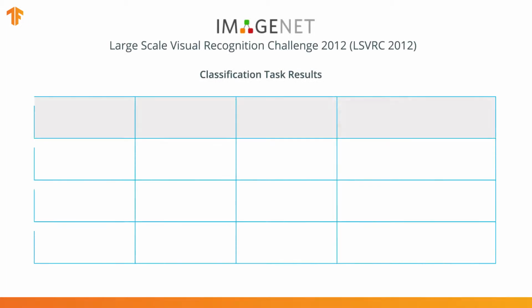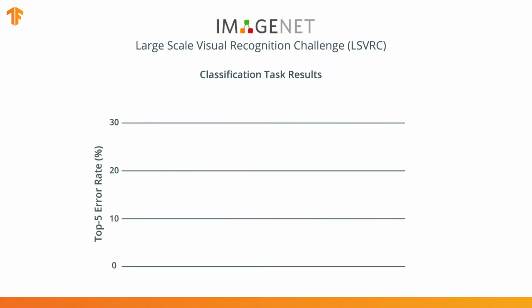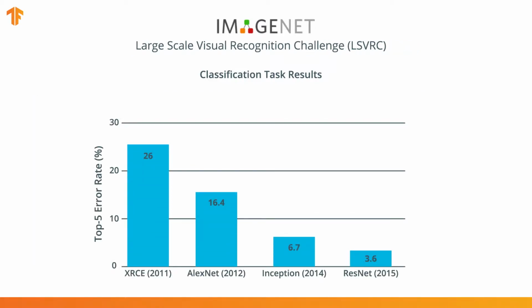In 2012, AlexNet revolutionized the machine learning world and popularized CNN-based image classifiers by winning ImageNet's Large-Scale Visual Recognition Challenge. After that, the race was on to make even better and more accurate neural networks that could outperform AlexNet when classifying images on the ImageNet dataset. Over the years, several models have been developed that have performed better than AlexNet, two of which are Inception and